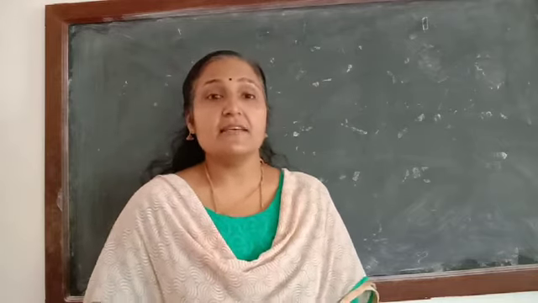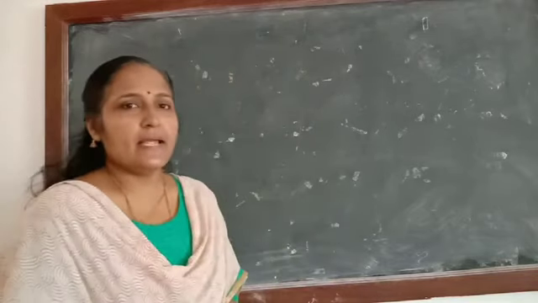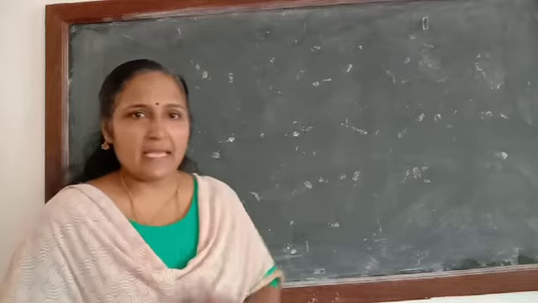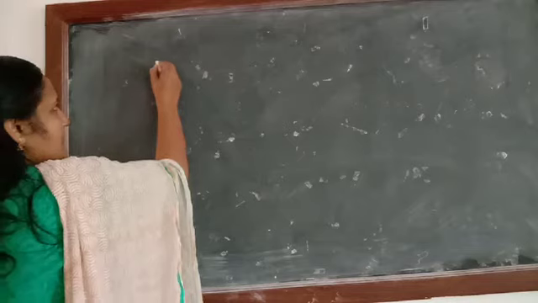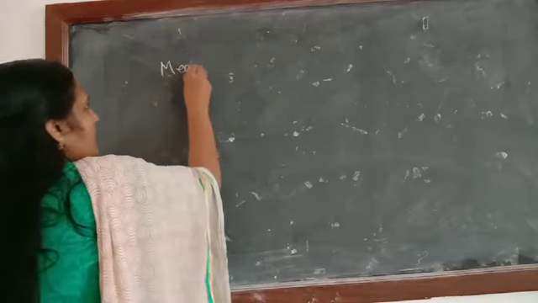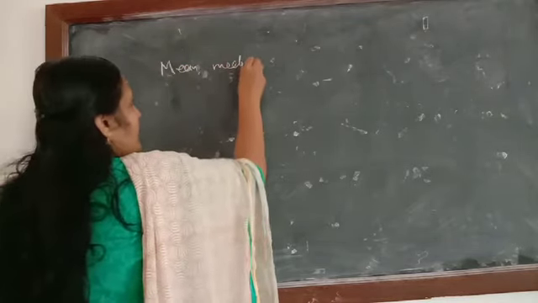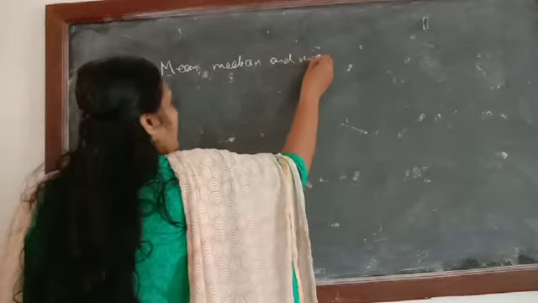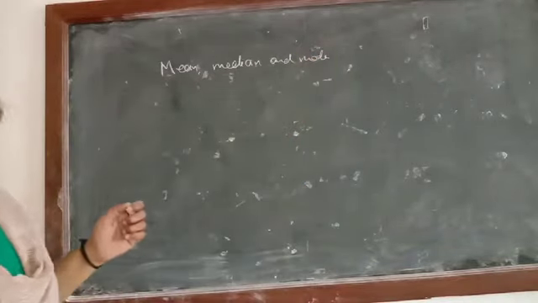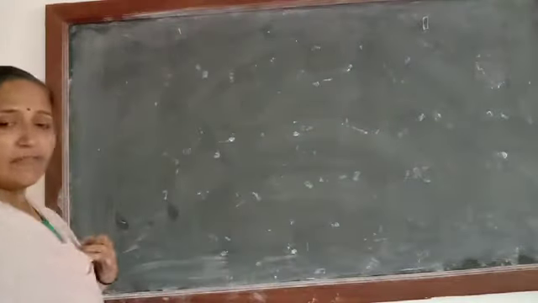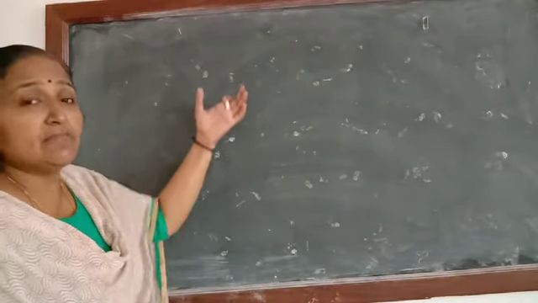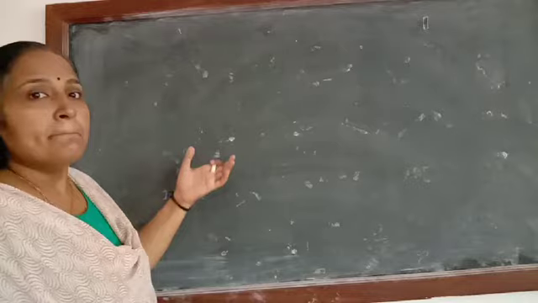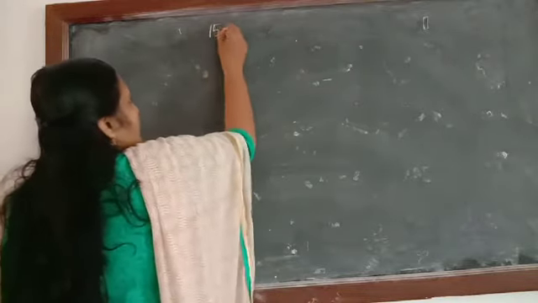In the previous class we discussed how to calculate the mean deviation about mean. In that class we already discussed that we have three measures of central tendency: mean, median and mode. While calculating the mean, there is a lot of difference in the values. They are not near to the average or mean. So how much each value deviates from the mean, that we calculated in the previous class.